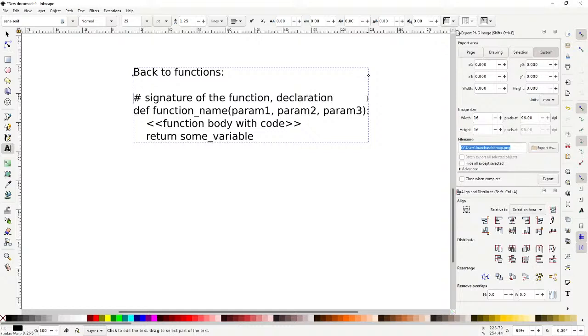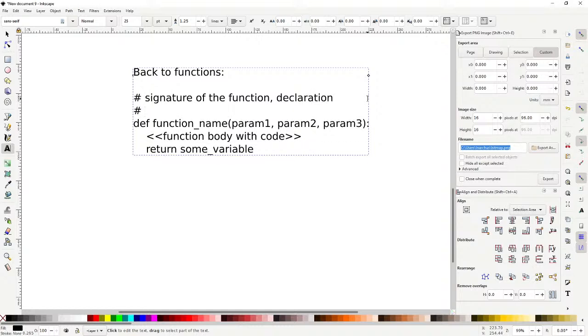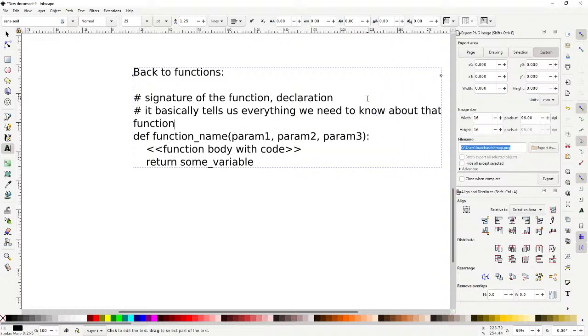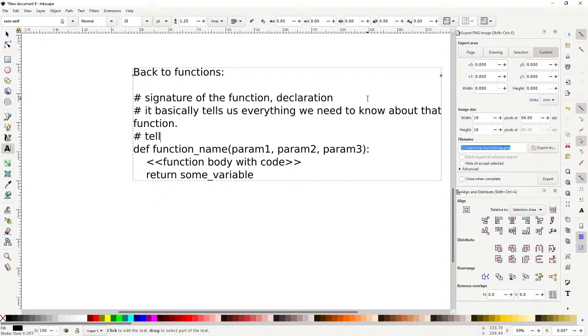The reason we call it the signature is because it basically tells us everything we need to know about that function: the function's name and all the arguments, parameters. That's all you need to know in order to call a function.